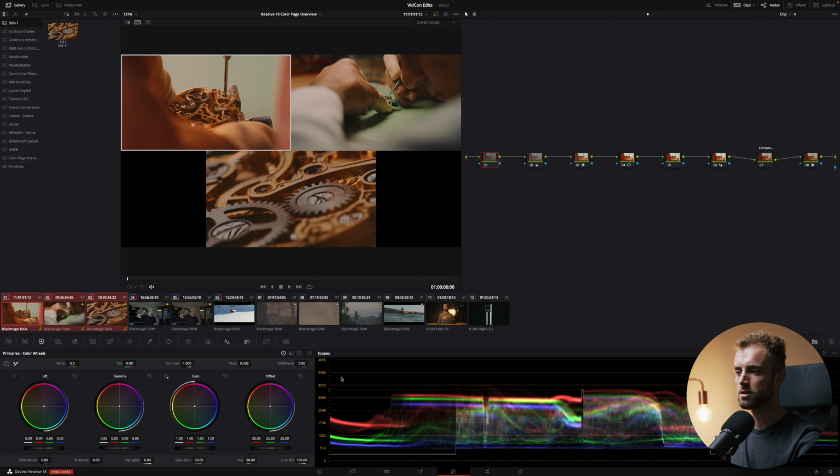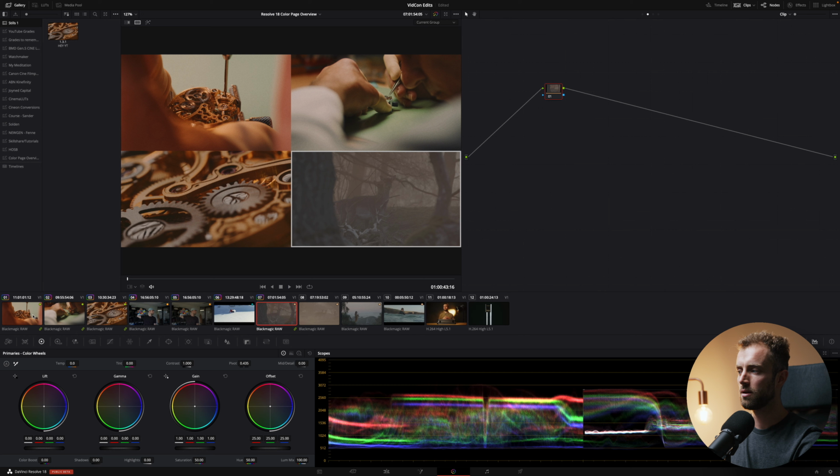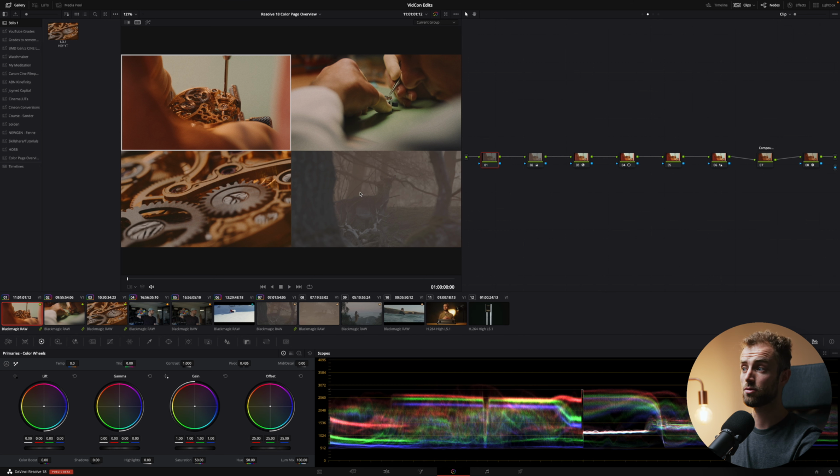Now, for whatever reason, I want to add in this clip as well. I can select it and add into current group, and then it is in there as well. So that's a really nice way to make selections and see if these images match. For example, you can do that from the first frame, the middle frame, and then the last frame, and see if these frames actually match together without having to do that with the wipe thingy, because that only shows you one image and this shows you a couple images. So that's nice. There's more options. Go over them, see if they work for you, but the current group is actually the one that works the best for me. Now, I want to go a little deeper into the group function, all right?